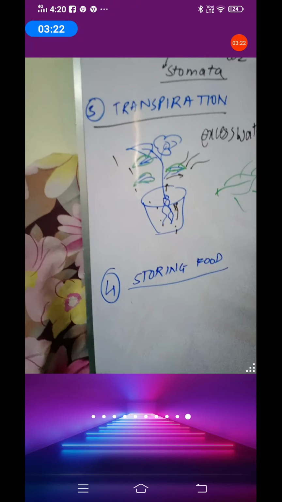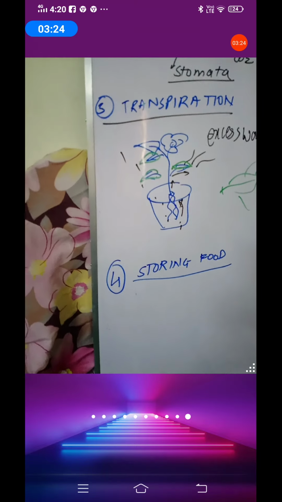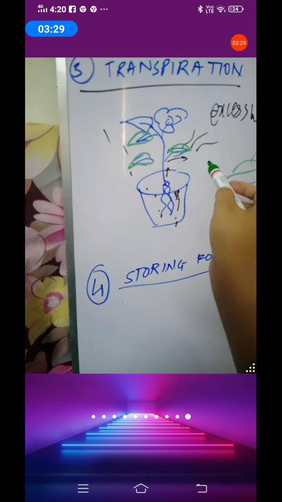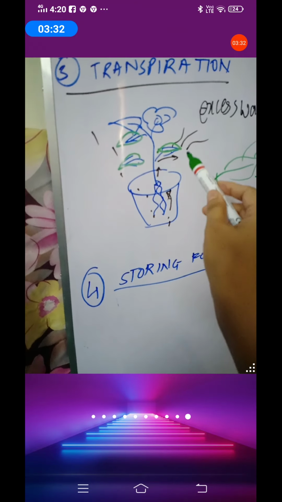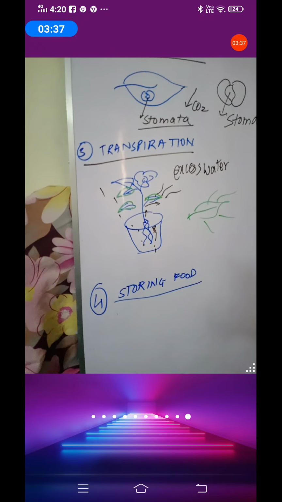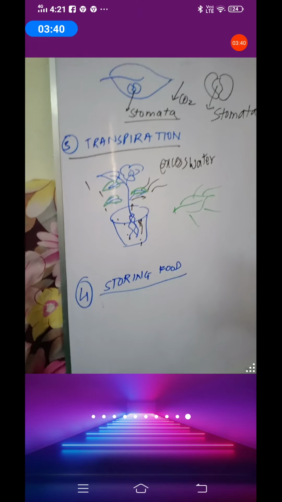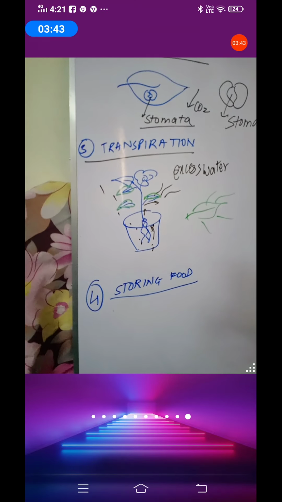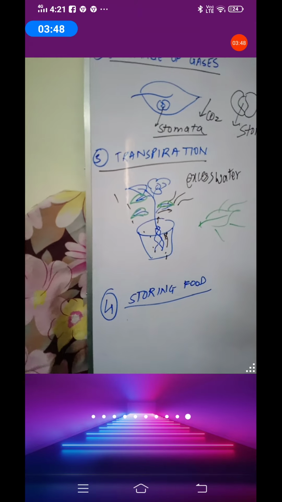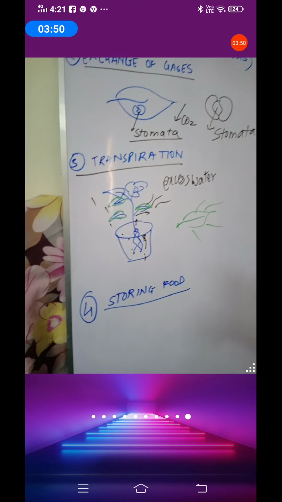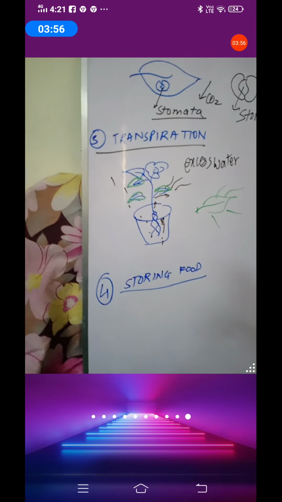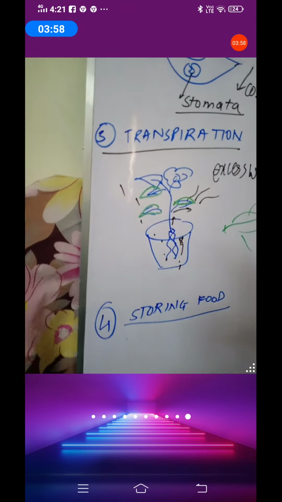When I put excess water in this flower pot, the roots are going to absorb the water. The stem will transport the water to different parts, and it is through these leaves that the excess water will go out. Is it clear? So you can say that plants sweat through leaves, and this sweating in plants is known as transpiration. Excess water or excess minerals are going out through the surface of the leaves, and this process is called transpiration.